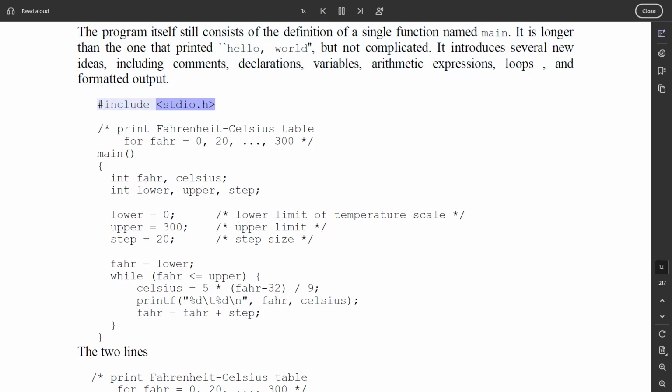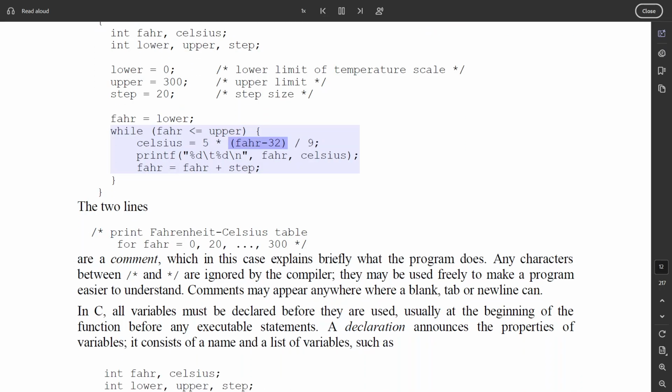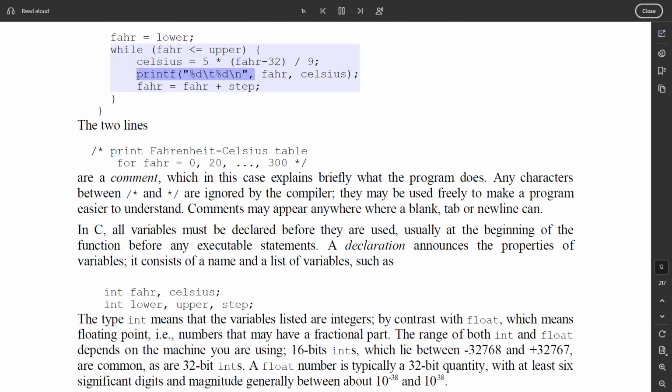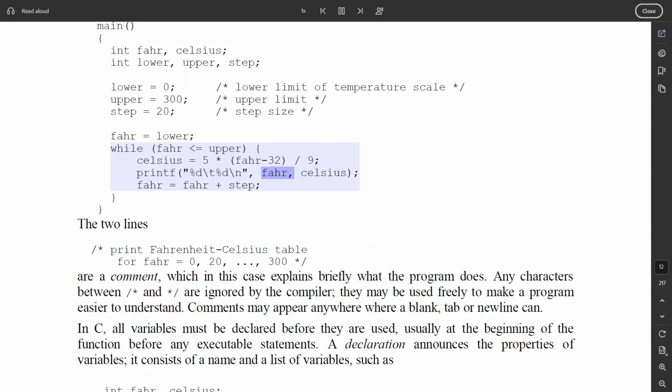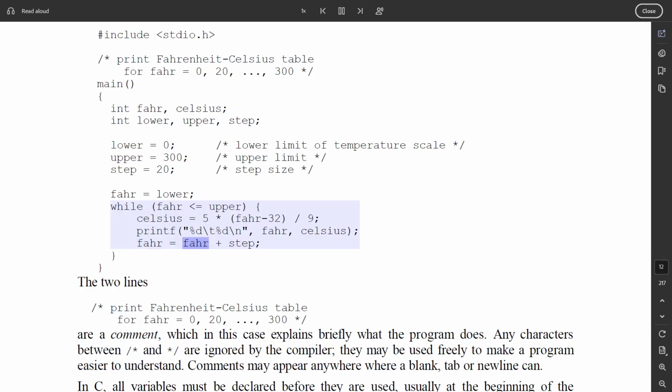#include <stdio.h> /* print Fahrenheit-Celsius table for fahr = 0, 20, ..., 300 */ main() { int fahr, celsius; int lower, upper, step; lower = 0; /* lower limit of temperature scale */ upper = 300; /* upper limit */ step = 20; /* step size */ fahr = lower; while (fahr <= upper) { celsius = 5 * (fahr-32) / 9; printf("%d\t%d\n", fahr, celsius); fahr = fahr + step; } }